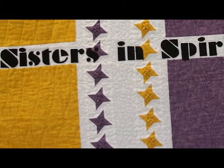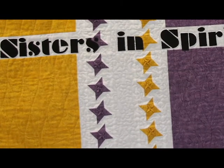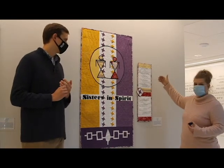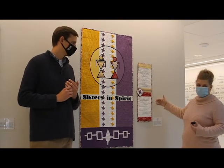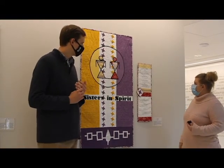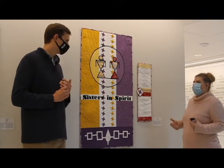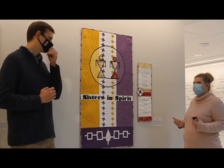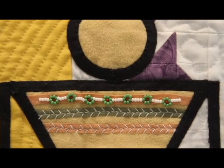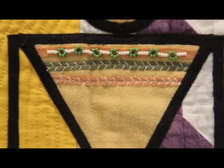And obviously the words, sisters in spirit. And then what's really nice is that she's included some differences between the Haudenosaunee and the Euro-Americans and how the different democracies work. And so it's really more of a political and more of an academic look, and yet using artwork and color and all the symbolism to bring that out